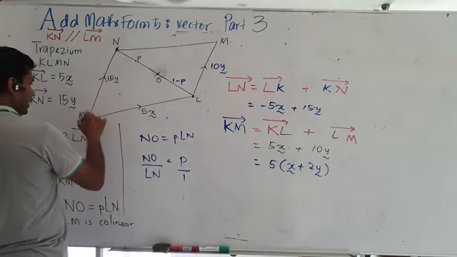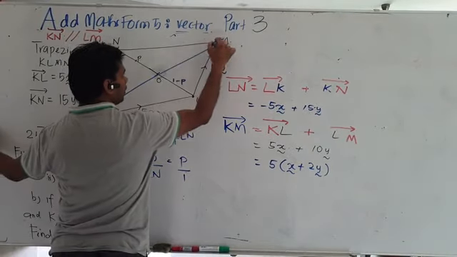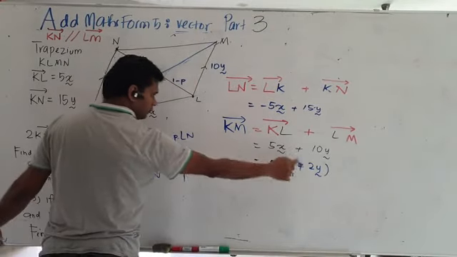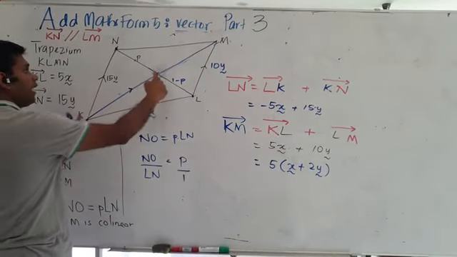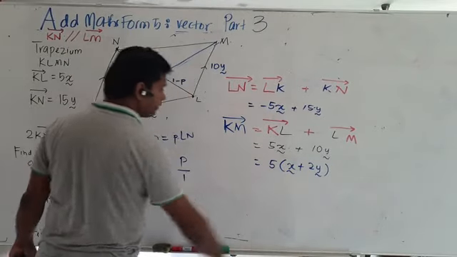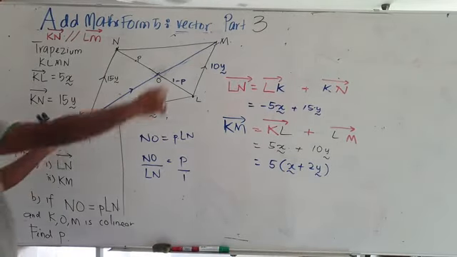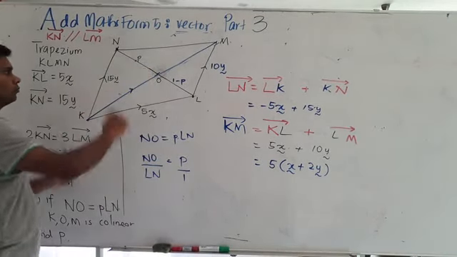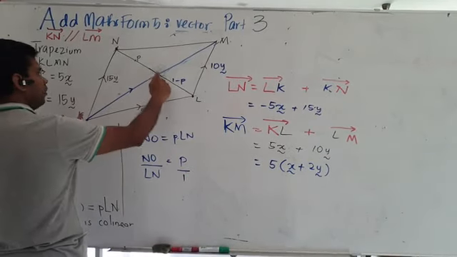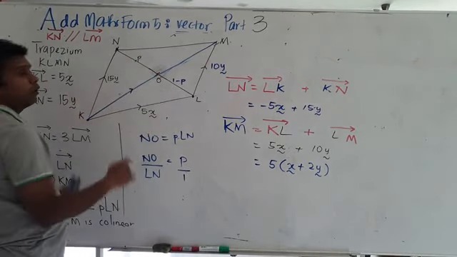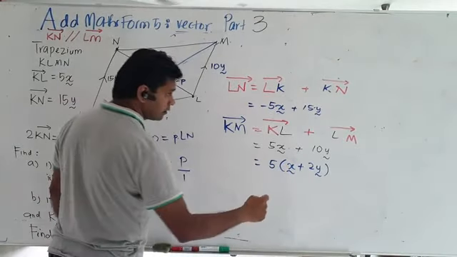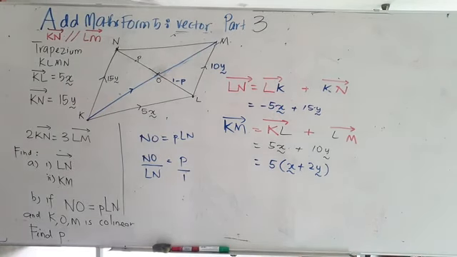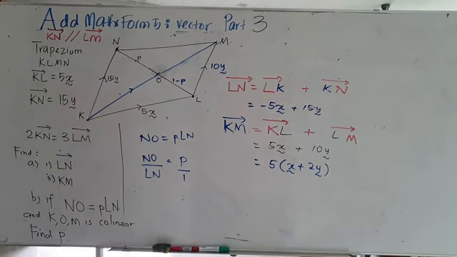That means from KOM, this is OM, can you see? This will have this vector. That means KO must also have the same vector. So KOM we already found. Now all you have to do is find KO. If KO has the same vector as this, it's proven it is a straight line or collinear. Are you okay with that? All right, so this is what you need to find.